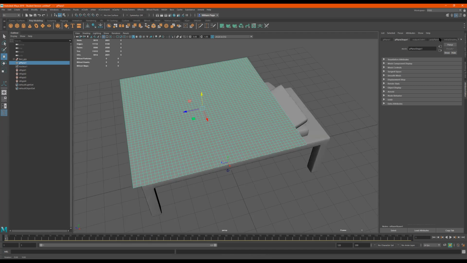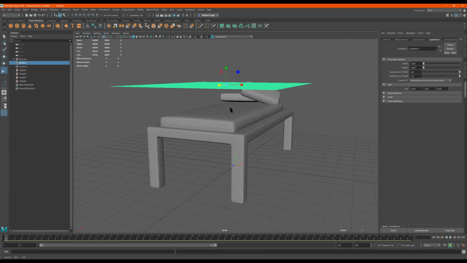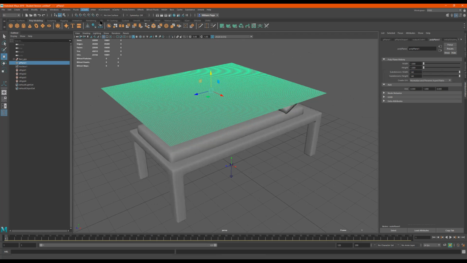Let me go to polyplane 70. Let me just take it up to, look, it says 140. I don't know if your computer can handle this. Maybe it can, maybe it can't. All you can really do is test. All right. So now I'll make this an nCloth, create nCloth,